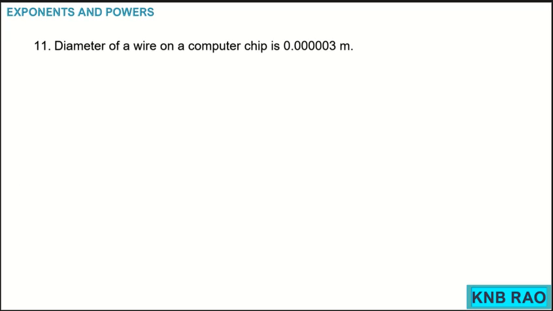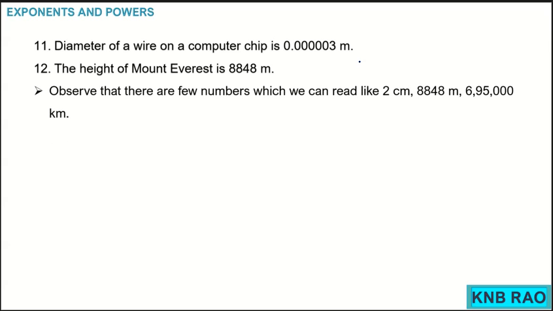Continuing further, the diameter of a wire on a computer chip is very small, 0.00003 meter. The height of Mount Everest is 8,848 meter. Now observe that there are a few numbers which we can read easily, like 2 centimeter, 8,848 meter,